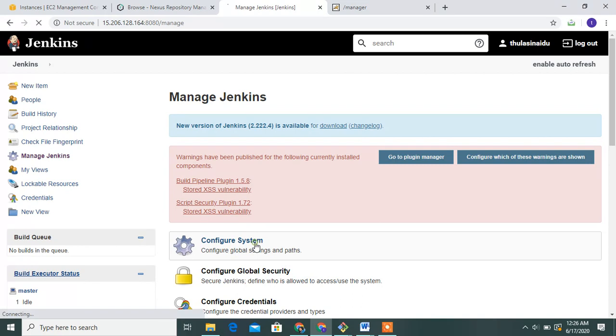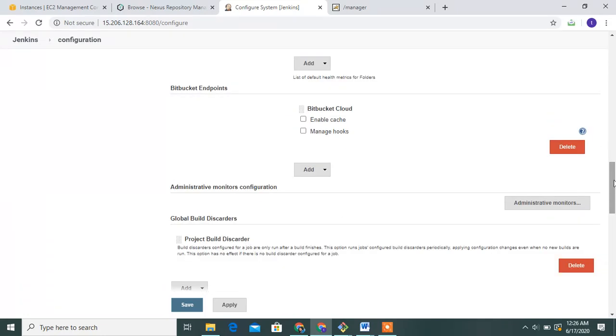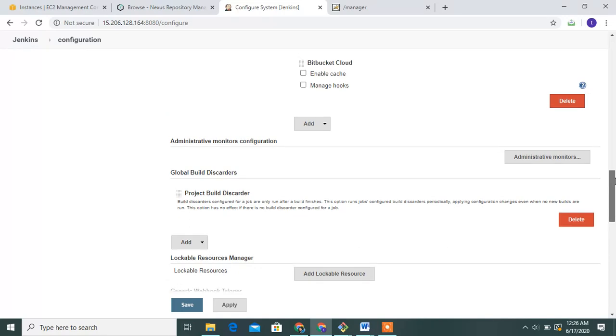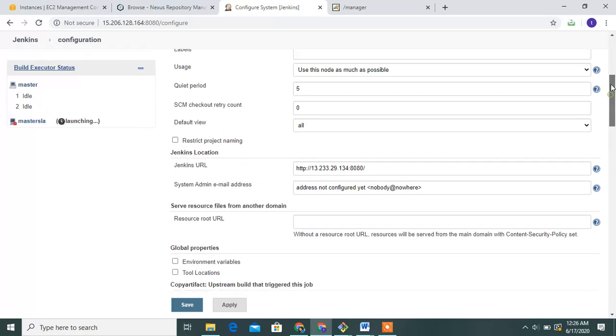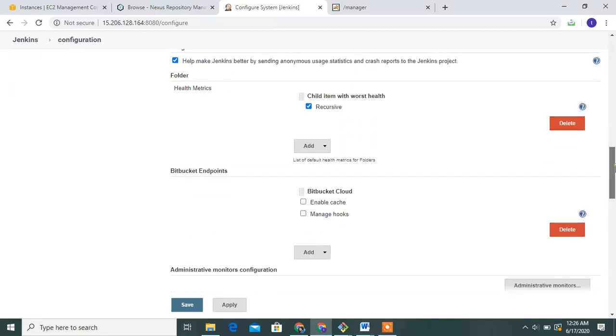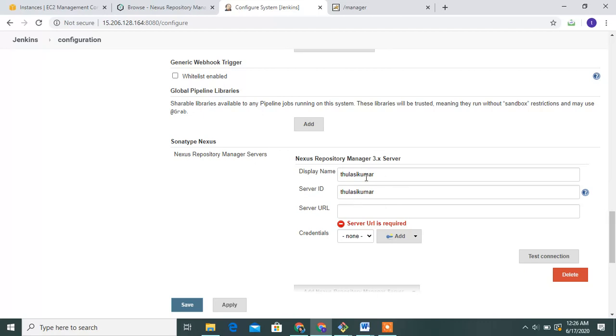Manage Jenkins and configure system. Under configure, select the Nexus server.